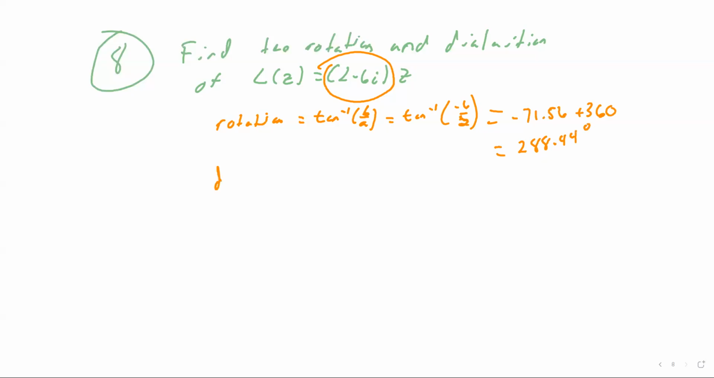And then the dilation. Remember, would just be the square root of a squared plus b squared, which in this case is 2 squared plus -6 squared. What's 2 squared? What's -6 squared? Ooh, always going to be positive. And then 4 plus 36,